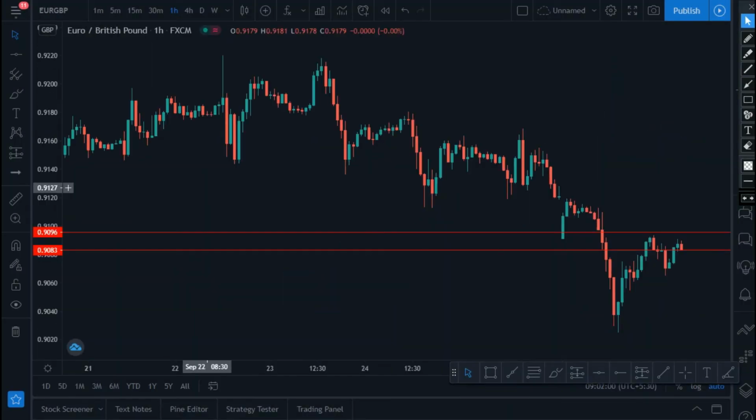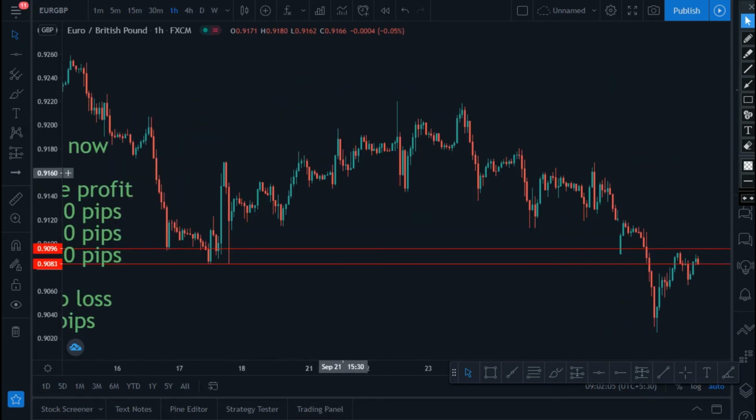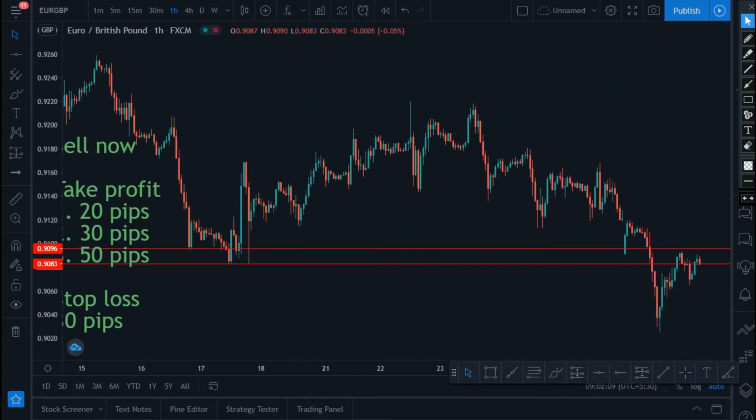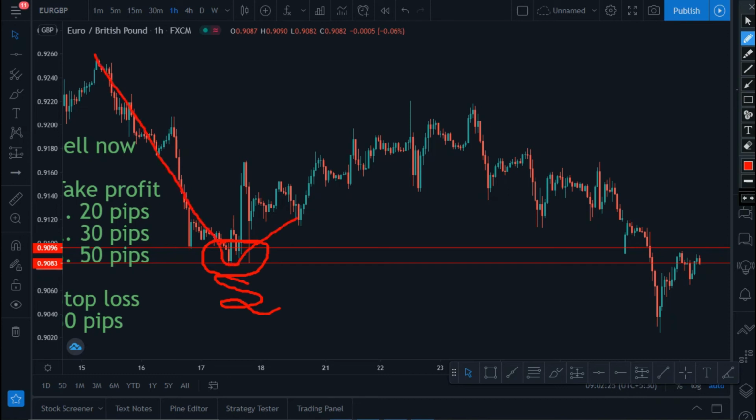Euro GBP. Okay, so Euro GBP, I would suggest you to place a sell order. So what happened to this pair? Did you notice this particular area? It is represented as a support, and this is not a normal support. You have just noticed with your eyes, it is not a normal support. Once the price hit that particular area, it went up, and it took a week